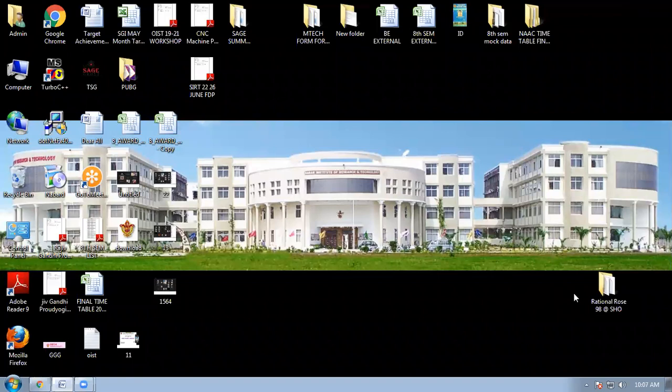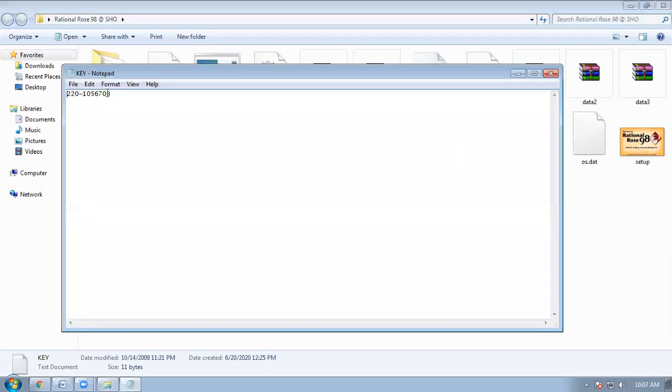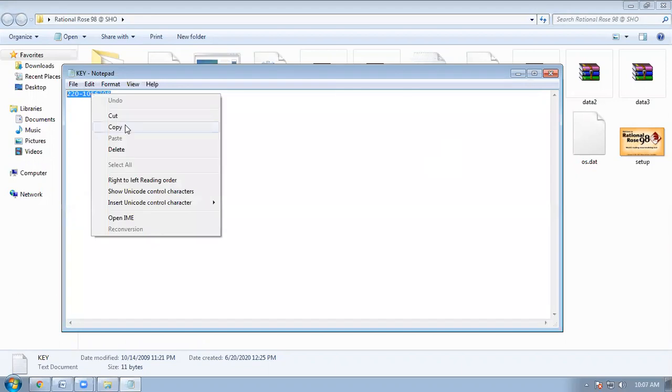So here I have a setup file of Rational Rose. I first click on that folder. In this folder, we have found one text file with the name of key. So first we double click on it and we will have to copy that key file that we will use during the installation of Rational Rose software. So here we are going to copy that particular key,